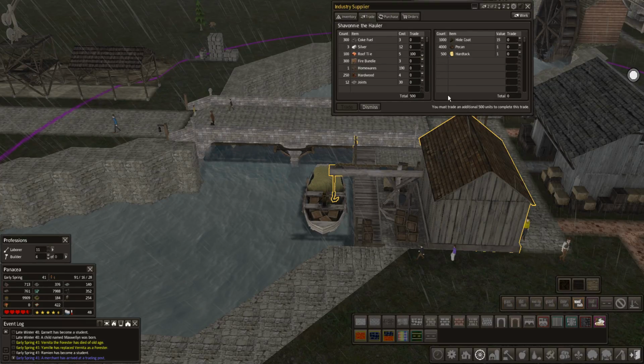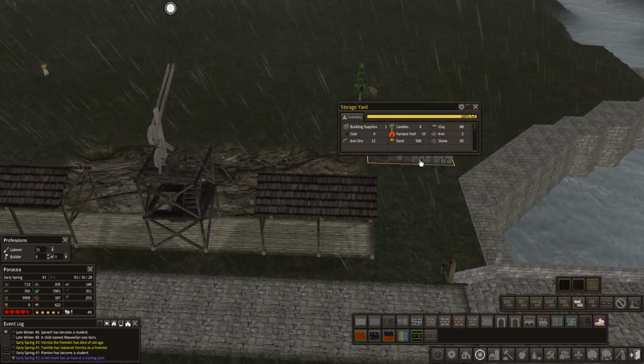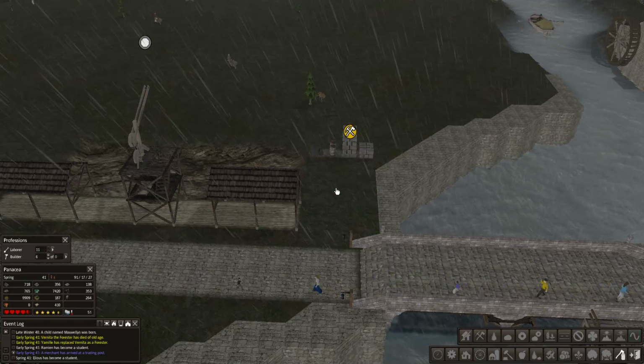So I'm gonna go ahead and buy all that, and then I'm gonna do all this hardwood. You know, these joists I'm gonna want, and I'm gonna want a homeware. So we're at 2050, and you know, it's not a big deal for me. I just sell my pecans. Right, and even though I got fire bundles and all this, usually I buy everything from the supplier because I'm rolling in resources, but I have not been, so there's that issue. Yeah, so let's destroy that,